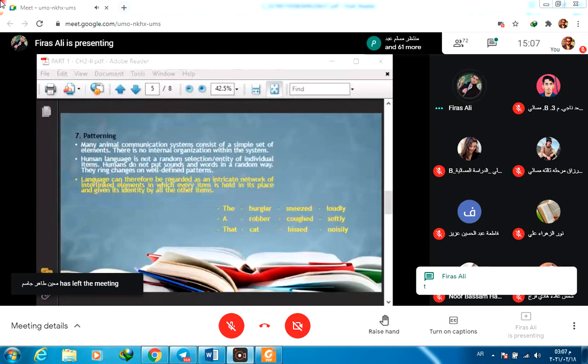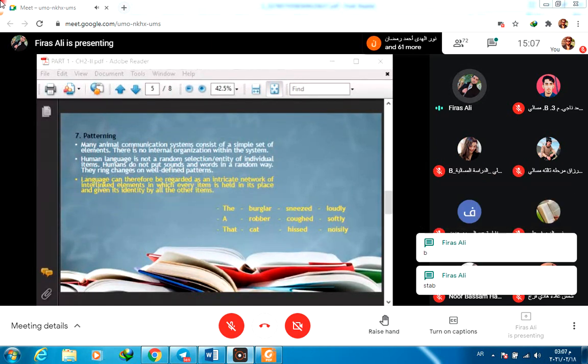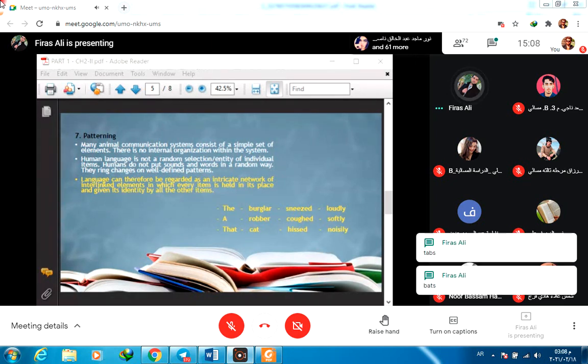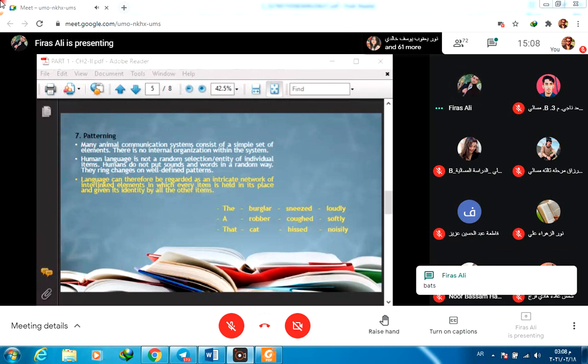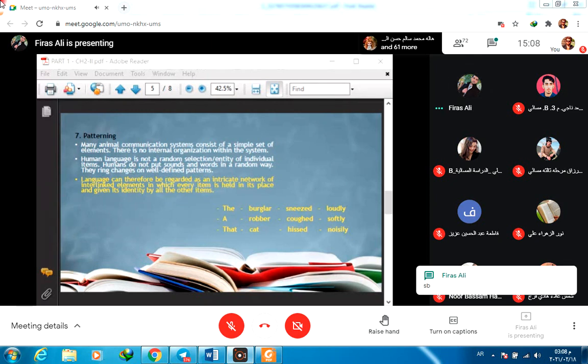What does it mean? This means that stab, tabs, or bats, these sounds are aligned together in a pattern. The words themselves and within a sentence. For example, if I have the sentence "that cat hissed noisily", I can put "cute" here, and the determiner is related to cute, and cute is related to cat, and then cat is related to hissed, and hissed is related to noisily. Noisily is an adverb that modifies the verb. Cute is an adjective that modifies the cat. They are arranged in a pattern, in a system, in a network. And they are interlinked and interwoven together.